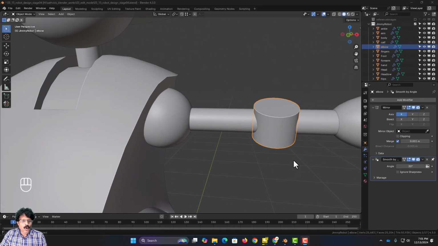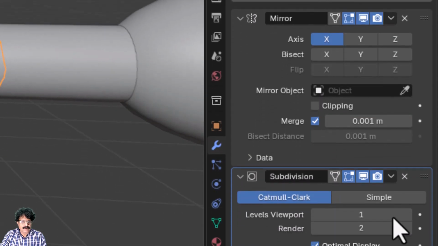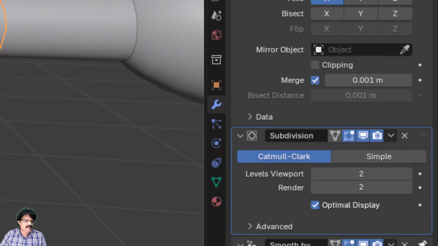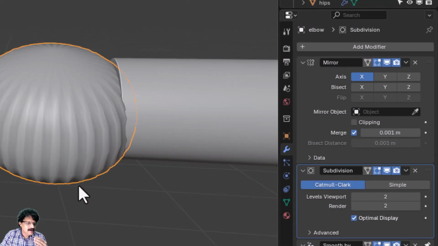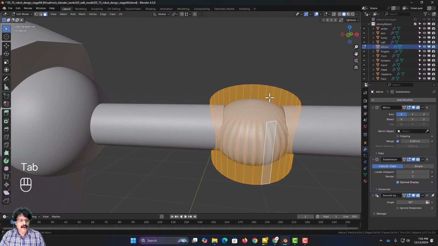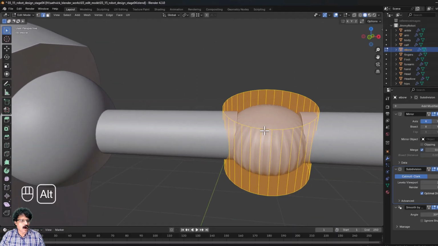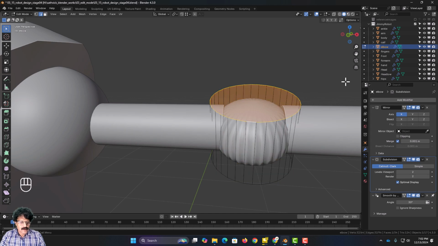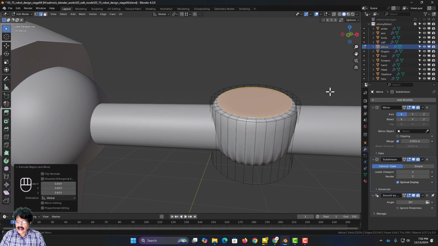Now for this elbow, again I am going to come into my modifiers and add a subdivision surface and set it to 2 levels. And immediately you can see how this entire cylinder gets distorted. So for this now I will press tab, and to make this appear better, I will come into my edge selection mode and alt click and select the top edge, and now I will just press E and I will slightly add one face like this,